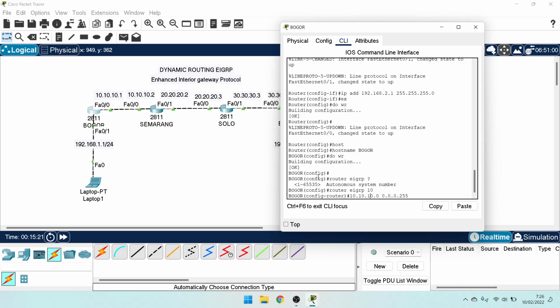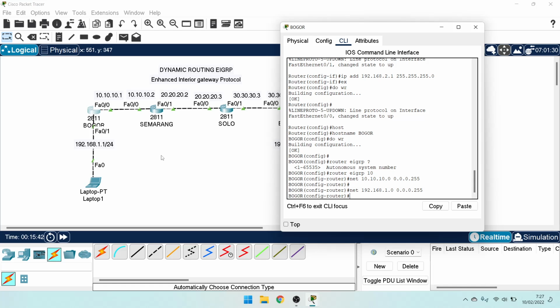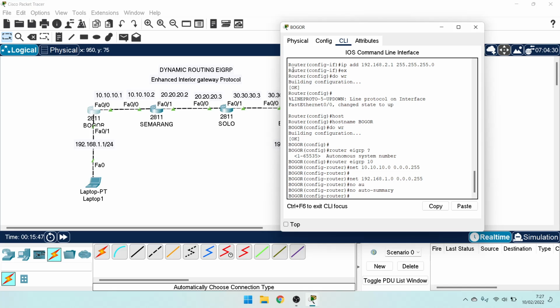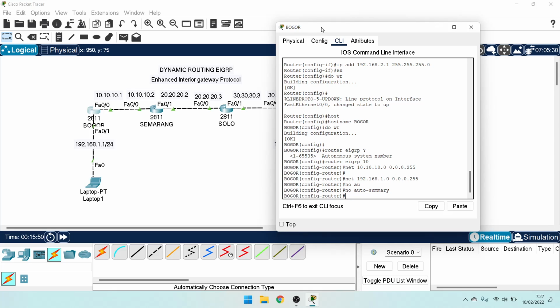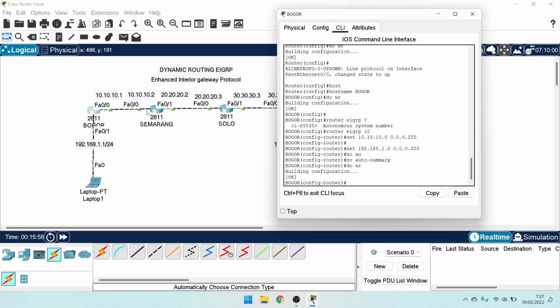The wildcard and network 10.10.0.0 0.0.0.255, and advertise again the network 1.0 and wildcard 0.0.0.255. Okay, and no auto-summary. Auto-summary advertises the classful subnet mask in the routing table. Okay, finish, do write in router Bogor.